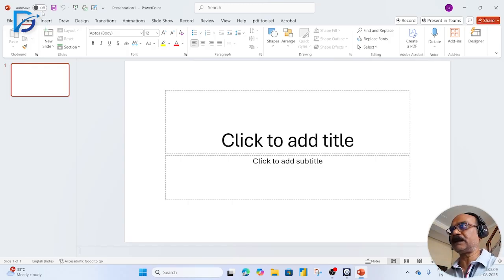Let's understand what these components are, in brief. I already briefed you about the file tab. File tab is basically all about how to manage your files and how to change the settings of your PowerPoint windows. The quick access toolbar allows you to customize commands